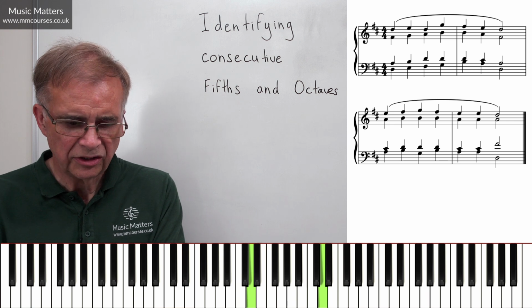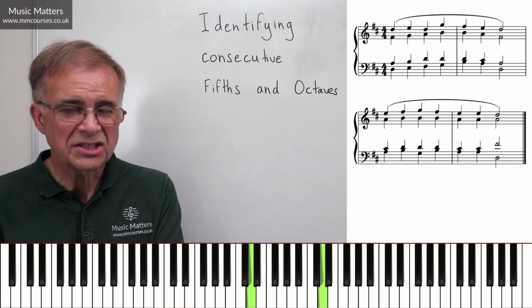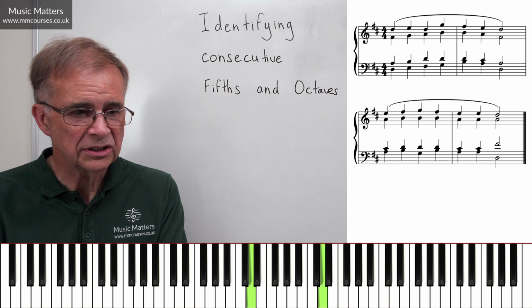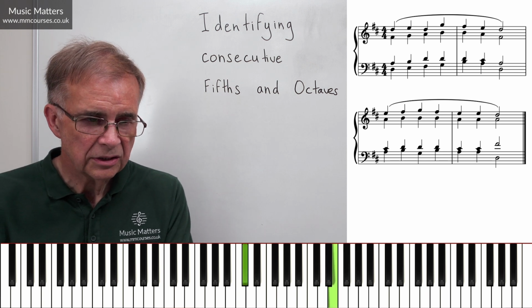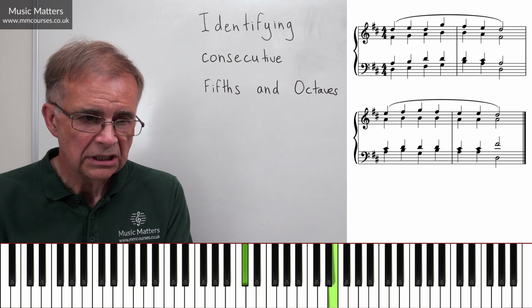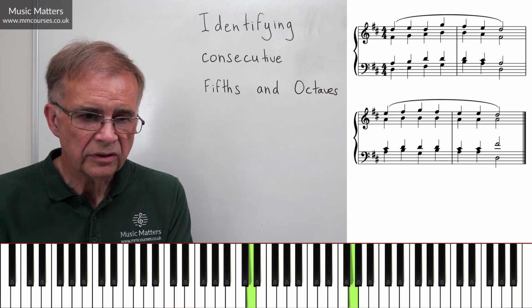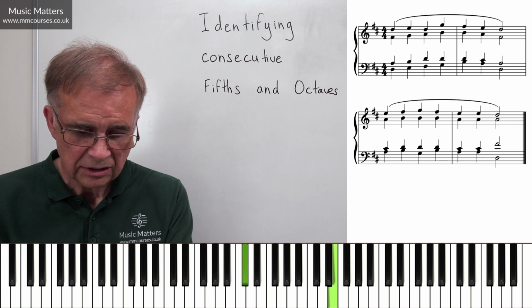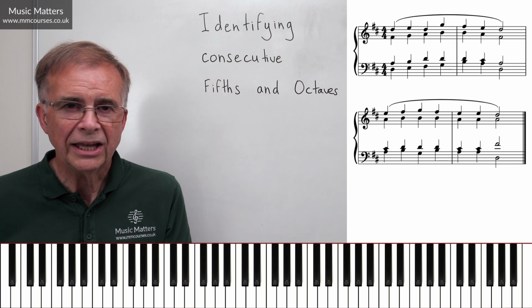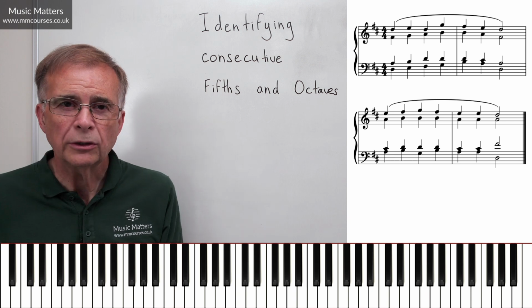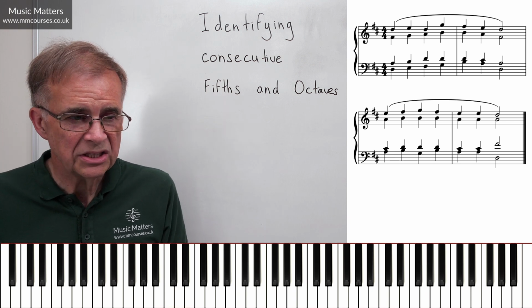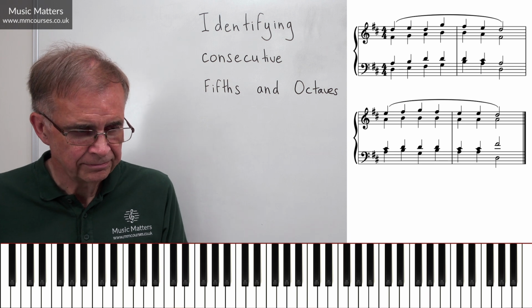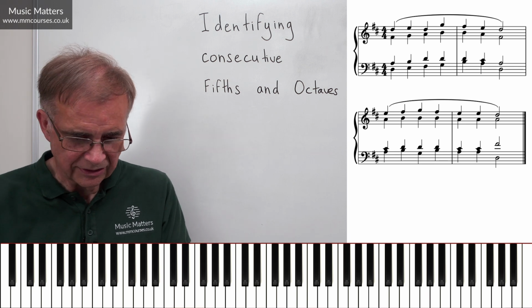Oh, there's an octave on the third beat. But it's not a consecutive octave because that's an octave and then it moves on to a fourth. So that's okay. Third, third, fourth, third, third, fourth, third, third, third, sixth. Oh, so actually we've done quite well, haven't we? We had all that trouble between the soprano and the alto, but between the soprano and the tenor, life is looking pretty good.